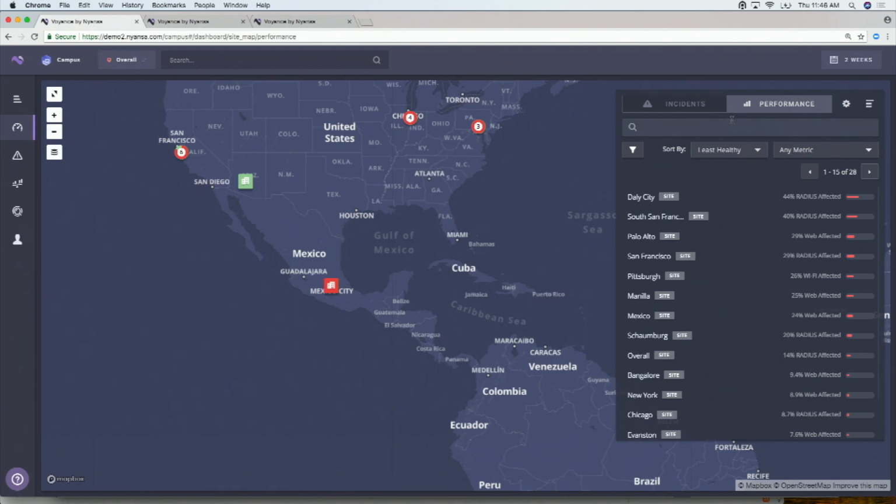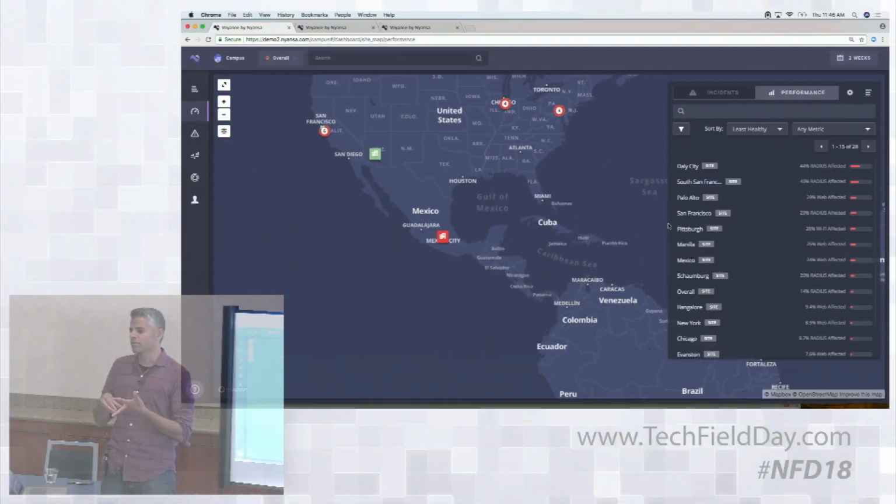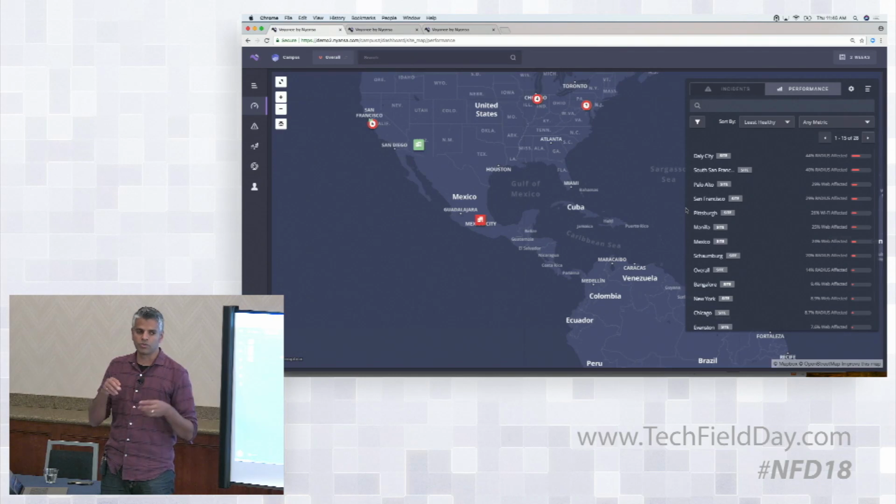So this list over here on the right shows different kinds of issues that we're calling out at these sites. So Daly City has a Radius problem, Pittsburgh has a wireless problem, and Manila has an internet problem. Each of these metrics is calculated differently. A generic internet problem to us is clients going to reliable websites like Facebook, Twitter, Google, and whatever, and looking at the TCP latencies, retransmits, window sizes,